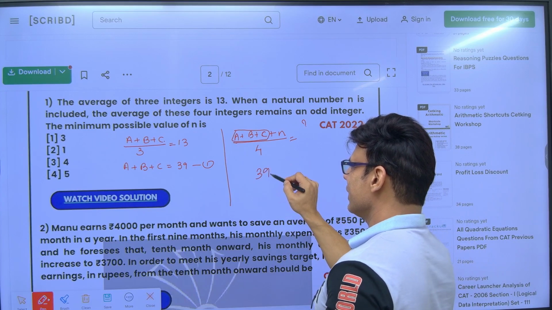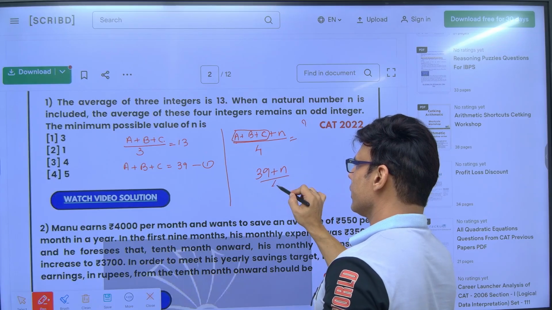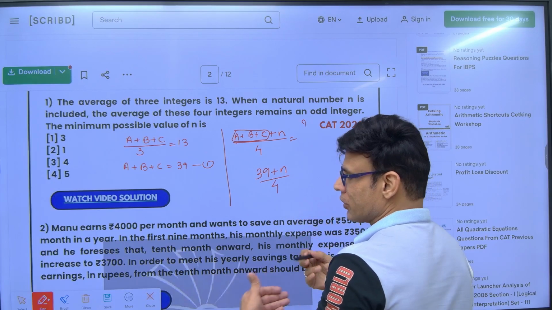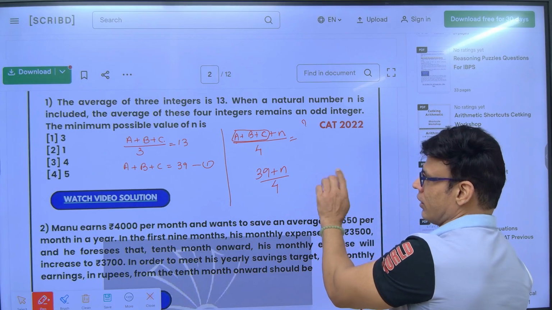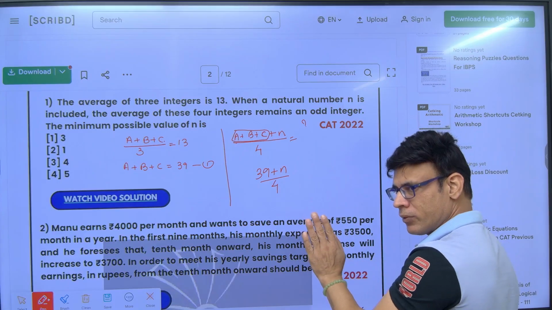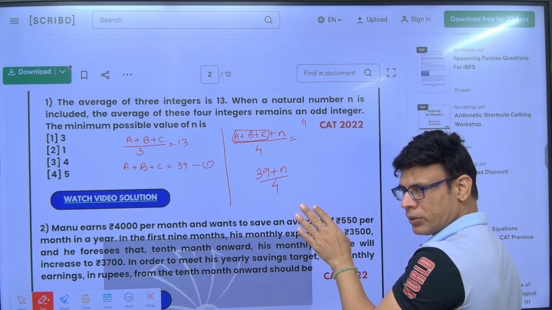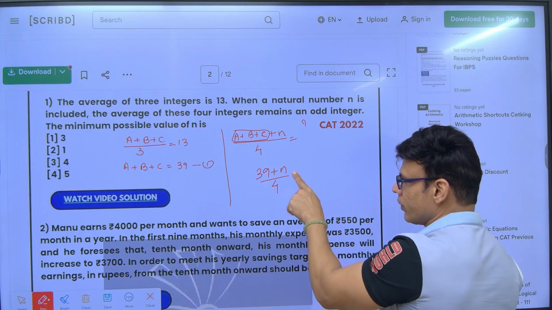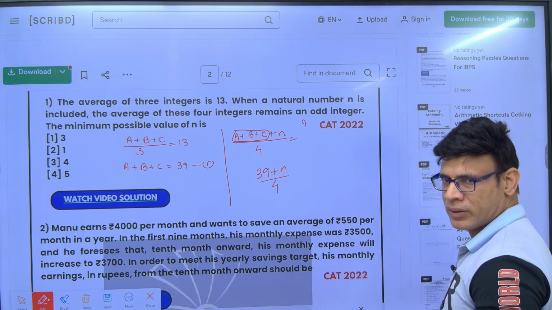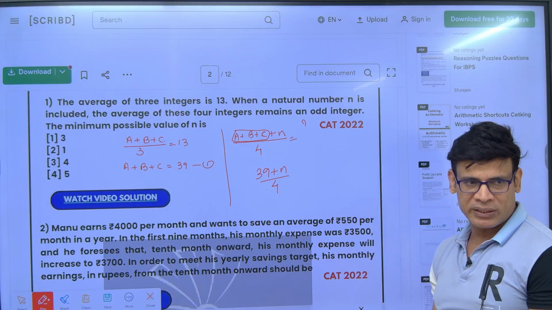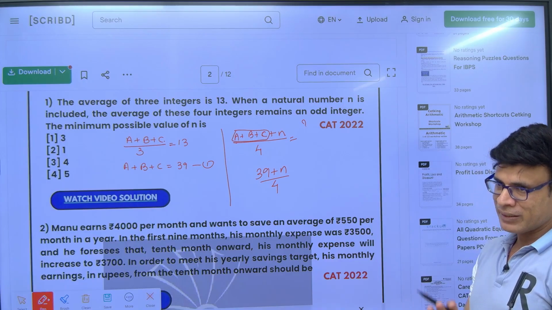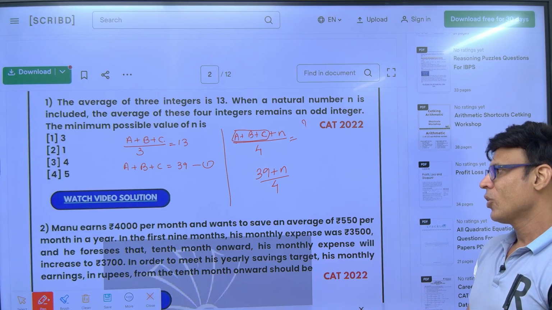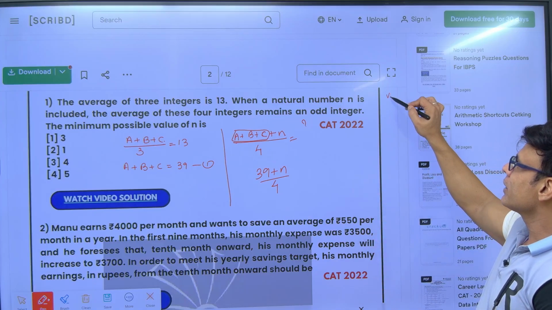So we know that 39 plus n divided by 4, and n is a natural number. Whatever number you are adding, it should give you an odd number. At the same time, the number should be a multiple of 4 in this case. If I put n is equal to 1, 39 plus 1, 40 by 4, 10. Divide तो हो रहा है, लेकिन कैसा नंबर है? Even. तो odd number के लिए, if you took n is equal to 1